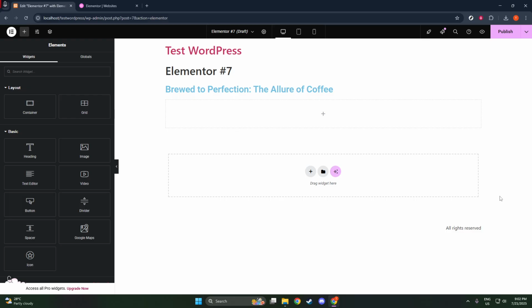Navigate over to the Pages section. You'll find this in the sidebar on your left. Once you're there, you have a choice. You can click on Add New if you're starting from scratch, or select an existing page that you want to